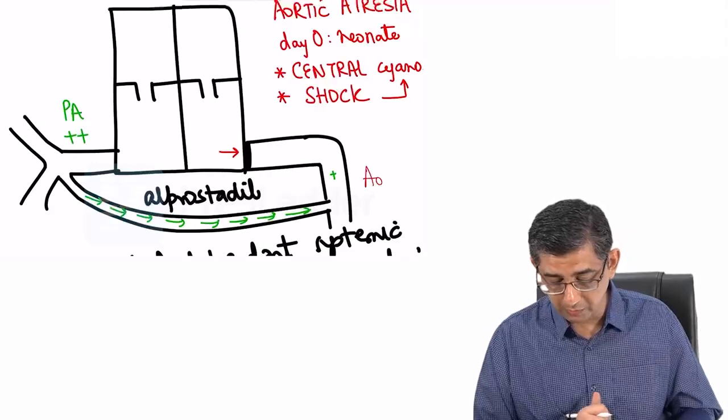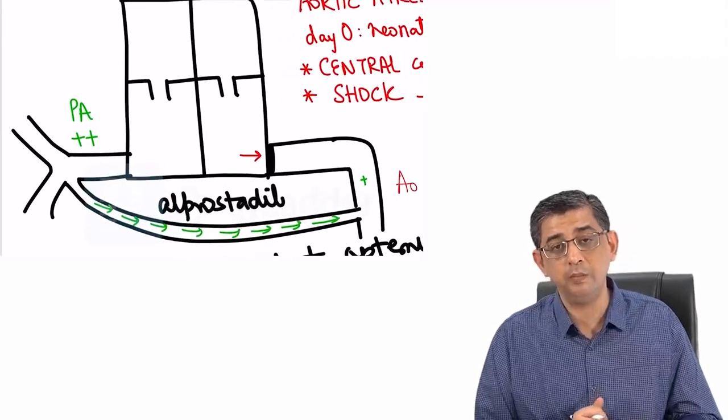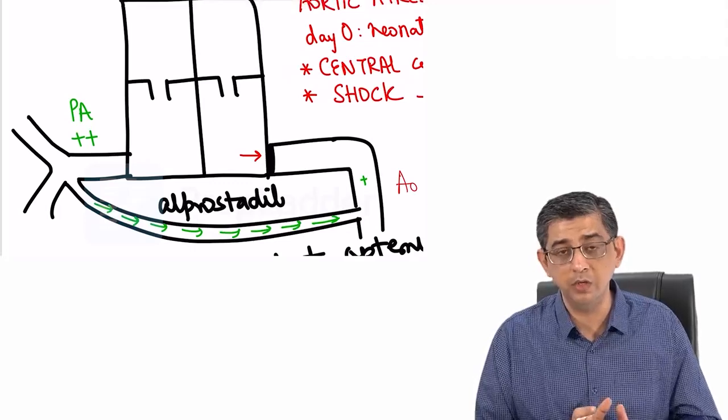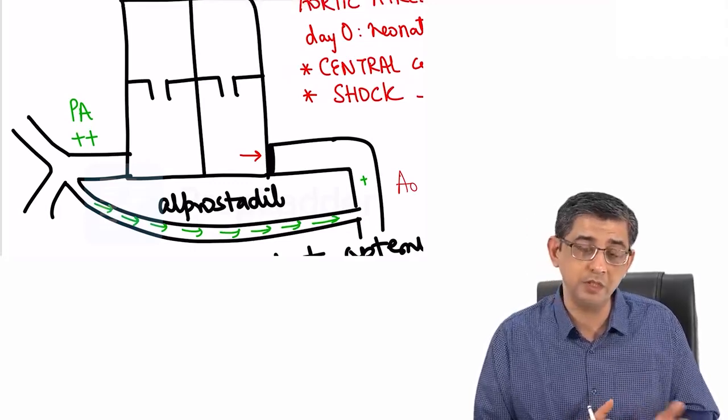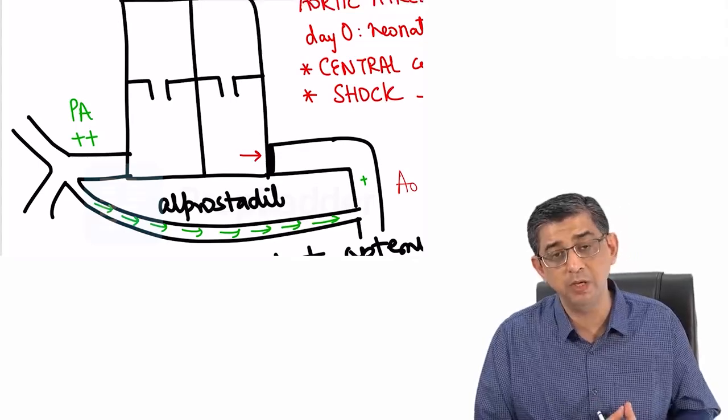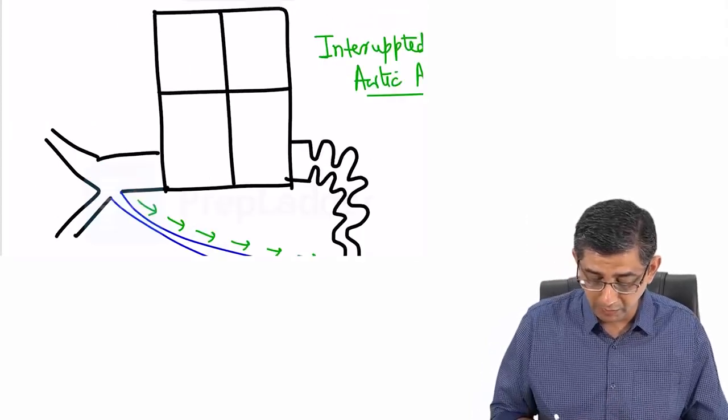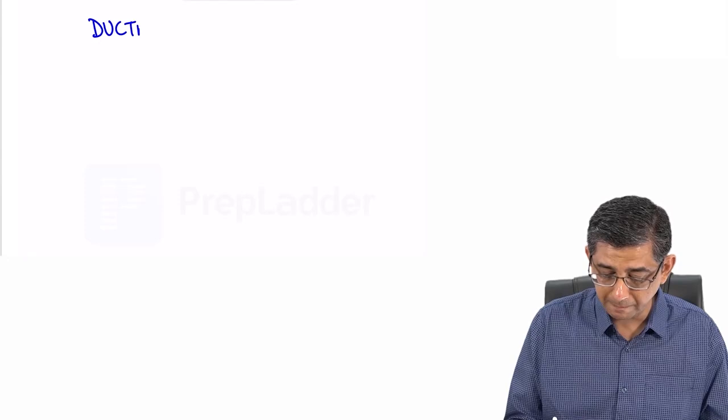Let me just go back to the previous diagram, guys. Aortic atresia, interrupted aortic arch. The basic common thing between the two is blood is not going in the aorta. Aortic pressure is less than the pulmonary artery, so alprostadil will be beneficial. And now I can actually make a list before you of conditions where I have talked about ductal dependency, and